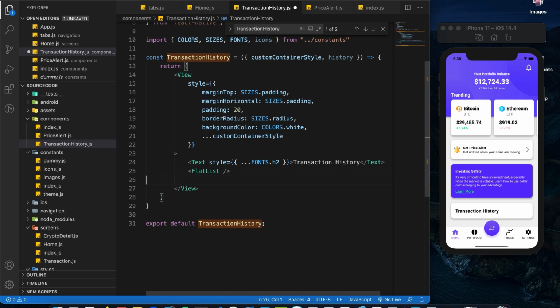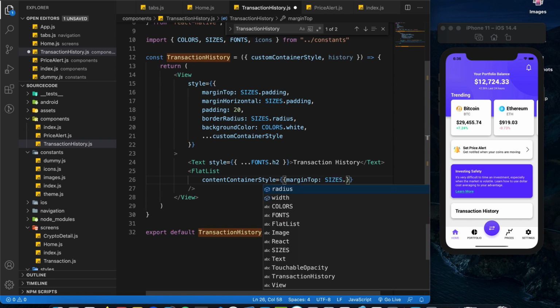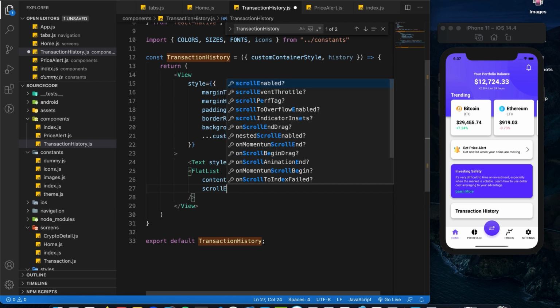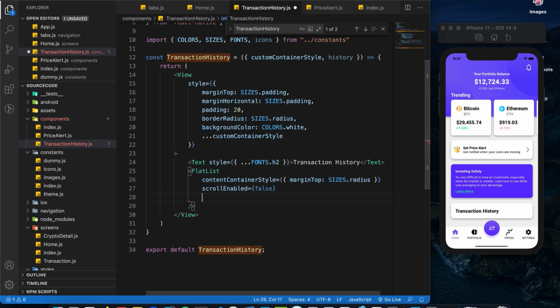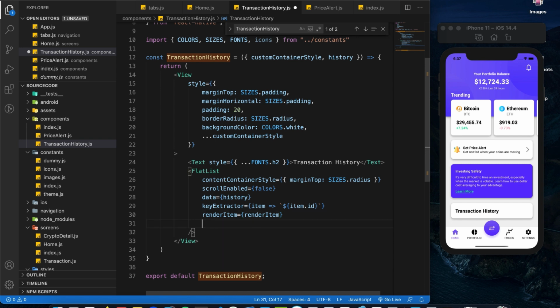So within this flat list, we need to set the content container style equals to margin top equals sizes.radius, scroll enable equals false, data equals history, which is this prop over here, key extractor equals item.id, render item equals render item, which we are going to work on shortly, shows vertical scroll indicator equals false,